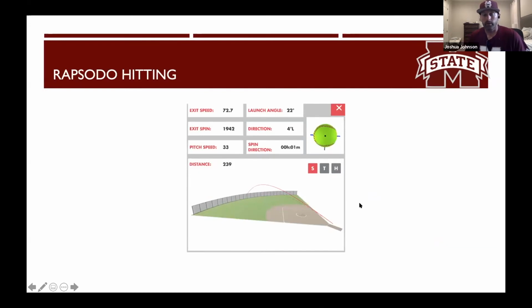And then I wanted to make sure I covered Rapsodo hitting. I'm not going to go as in depth as Coach Hirai, mostly because I'm a pitching coach and I try to stay out of the hitting cage as much as possible, because I always have an opinion, and so I try to avoid giving it. So essentially, looking at exit speed, launch angle,